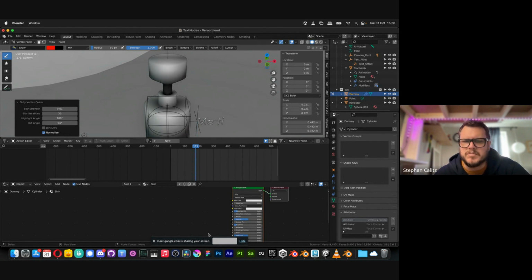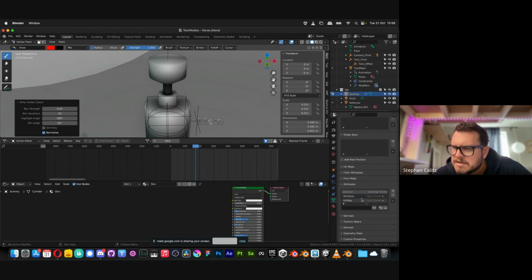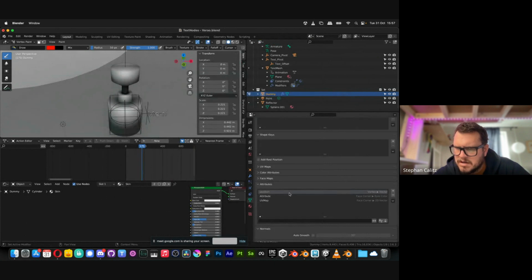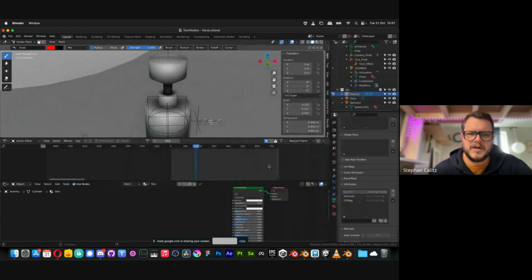Let's assume that we're happy with that. What did I just add? What is this attribute even called? I think it's that one called attribute. No, that's vertex color. I can't edit that. But okay.